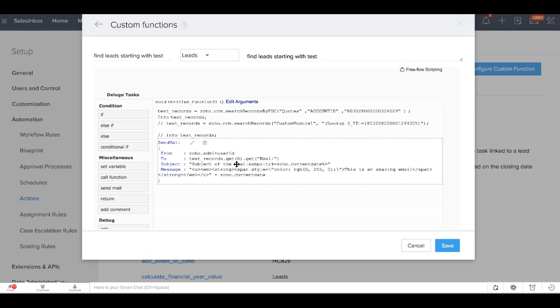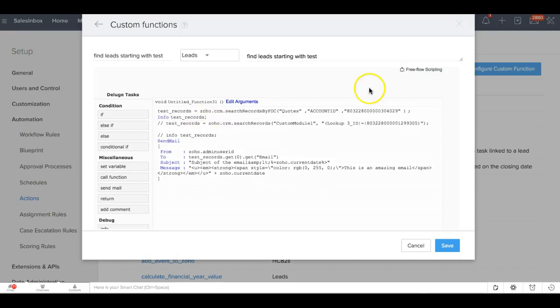If I have a custom function that gets triggered by a workflow, there's no way to interrogate that. I don't have access to any info statements that I might want to use for debugging. So the only way really to peer into the innards of a custom function during execution is to use send mail tasks. For example, if I want to check what test records is doing,